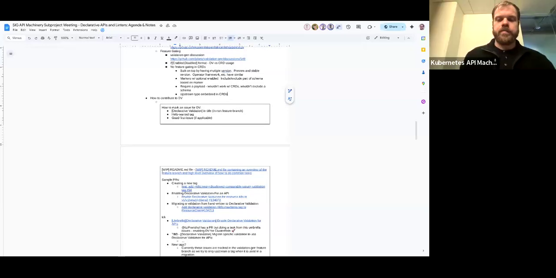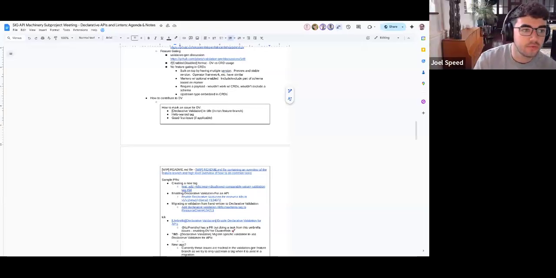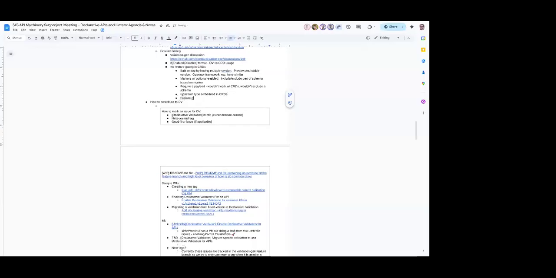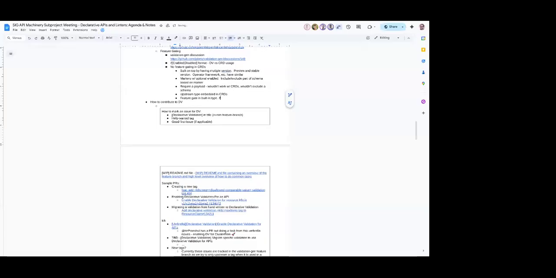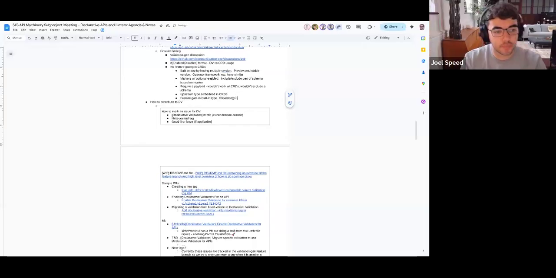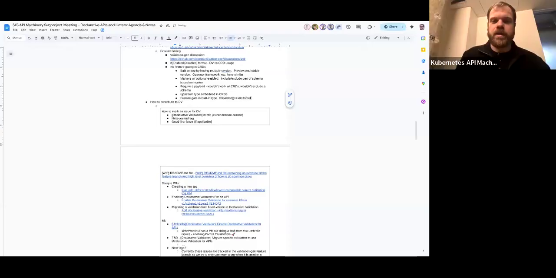So I'll try and find one on the side, but take for example, if you had a feature gated field in a built-in type, the way you would have it is if disabled gate, then it would have the payload of forbidden. Is that right? Disabled gate, the payload. I see what you're saying. You're saying payload to that function, yeah. Yeah, exactly. That would be the plan for today, exactly.